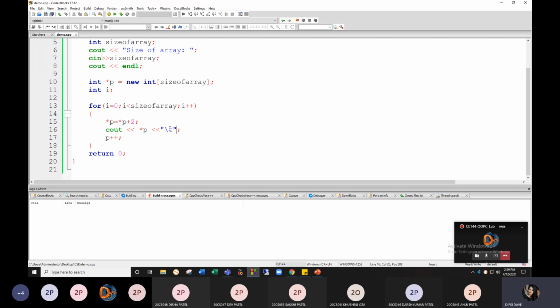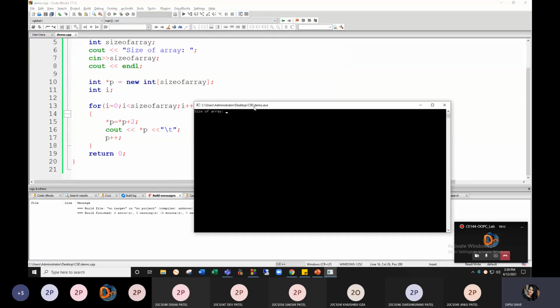Otherwise I can do slash. That's fine. And the size of the array, let's say 5. So you can see that 5 memory blocks are being created and 2 has been added to each and every location.